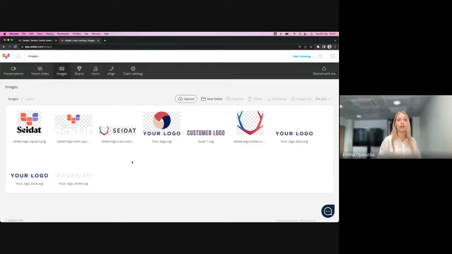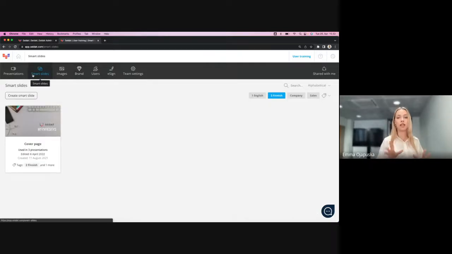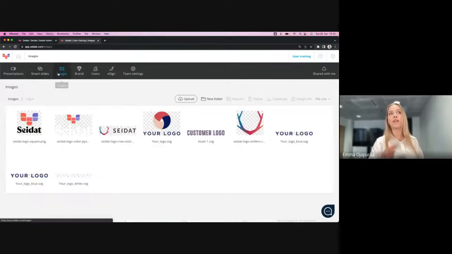All right, that's about content management. So in a big picture, in brand settings you can decide which fonts all the users can use. With smart slides, you can easily manage the slides from one place. And with Image Bank, you select what kind of images your users can use, and also you can easily update the slides